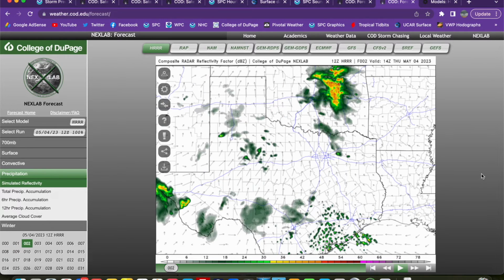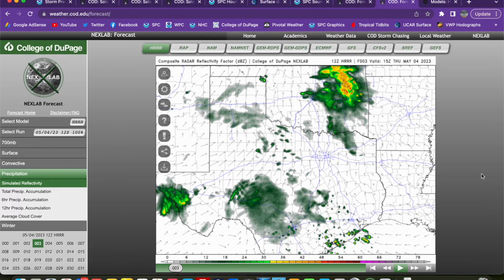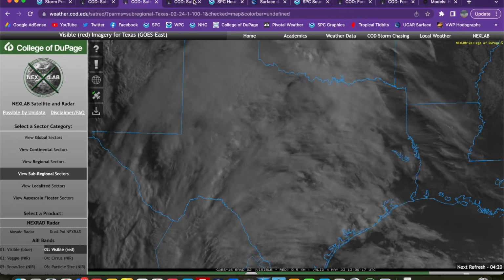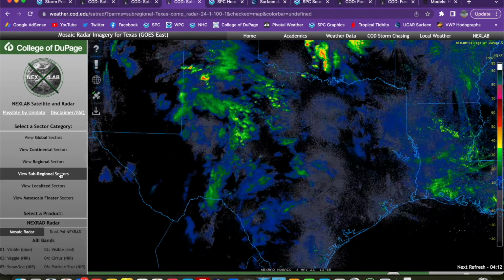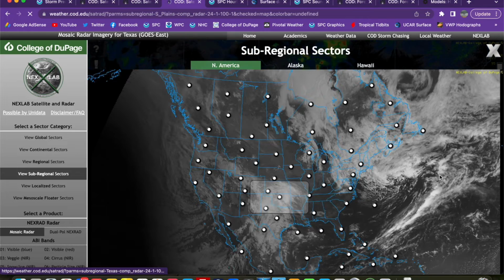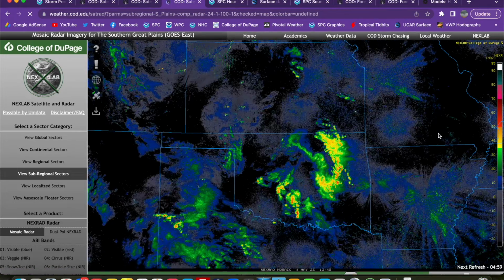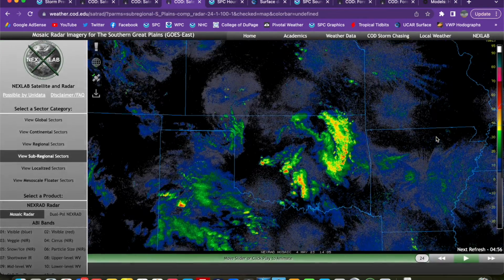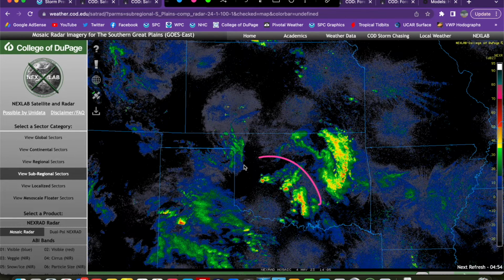It has that convection across Oklahoma continuing. Doesn't have much firing back in here across the southern Texas Panhandle into southwestern Oklahoma like what we're actually seeing now. Let me put it back there. Let me go up north to that northern sector so we can reference what's going on right now. And you see that additional development down to the southwest. This may move off pretty quickly, but we do see some storms and showers down here across the southern Texas Panhandle into the Texas South Plains moving into this area. So a decent